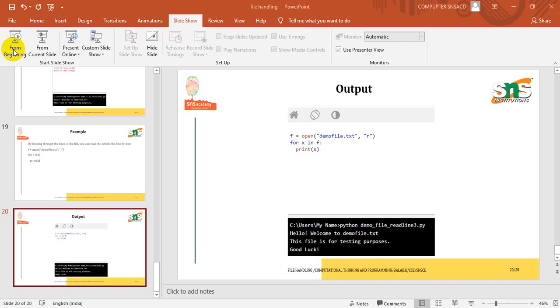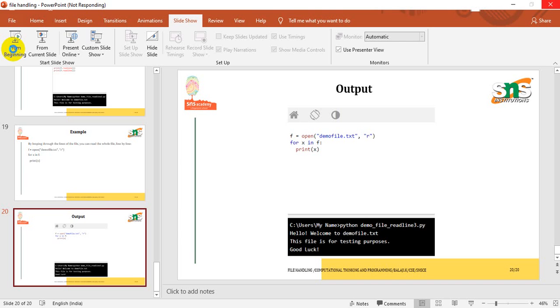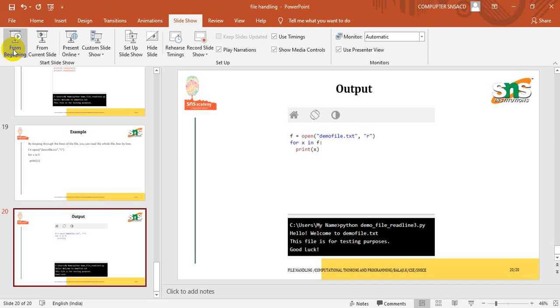So in today's session we have covered how to handle files and what all the possible methods are to handle the file, right? So with this note, I will close the session of